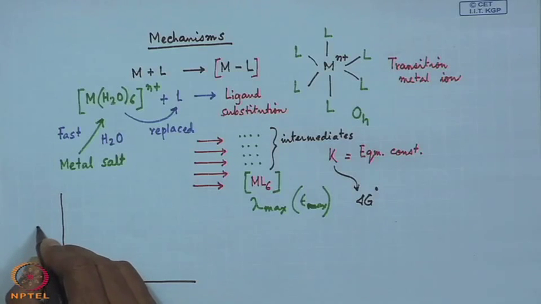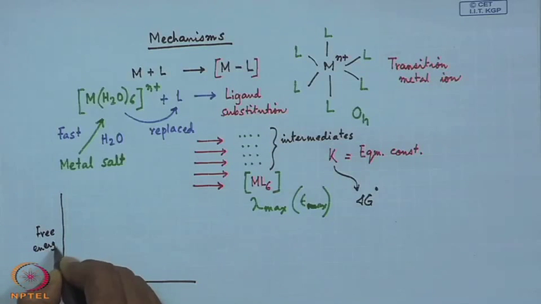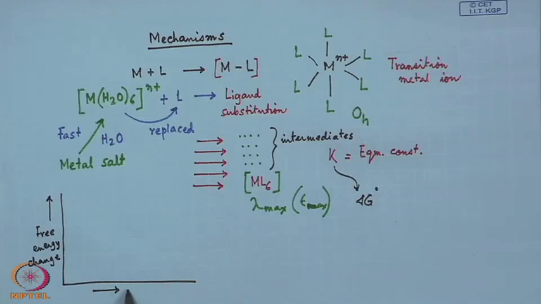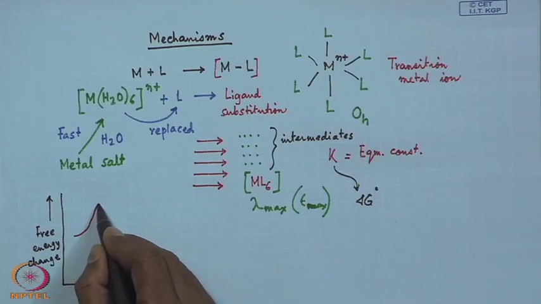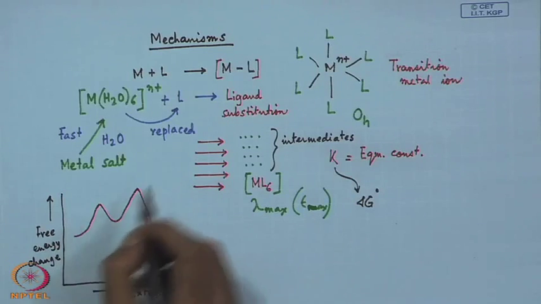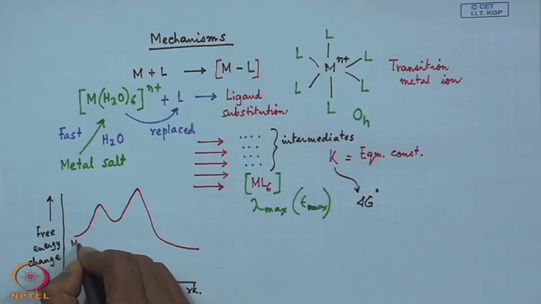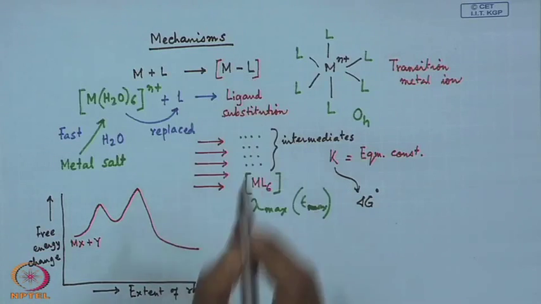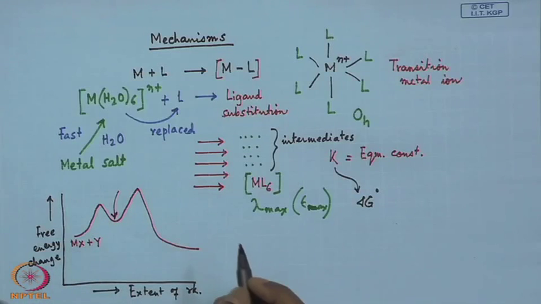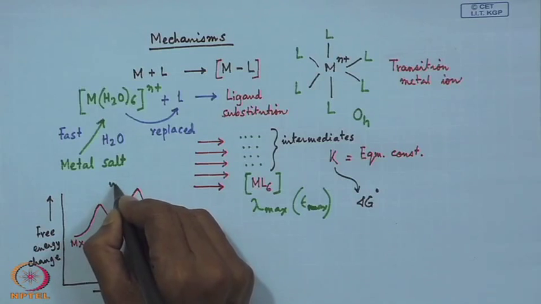So, if we have the free energy change along this axis and the extent of reaction on the other axis, and if we consider that the reaction is approaching through this path where MX is reacting with Y, Y is nothing but our L, and X is nothing but our water molecule, then at this particular point we have a stabilized part, and if this stabilized part can be detected, we have the corresponding stability